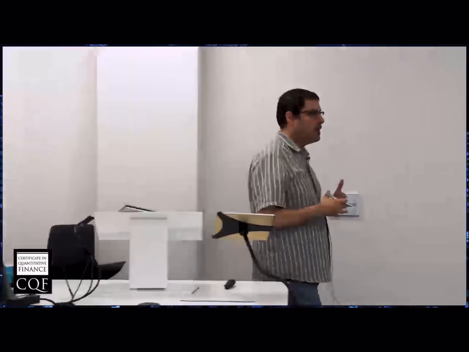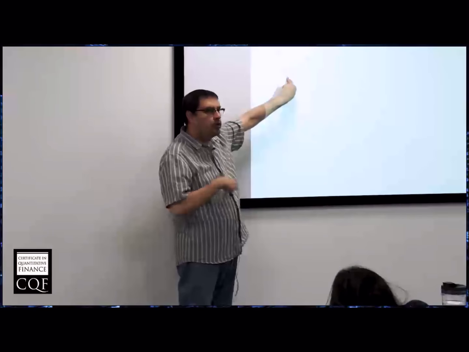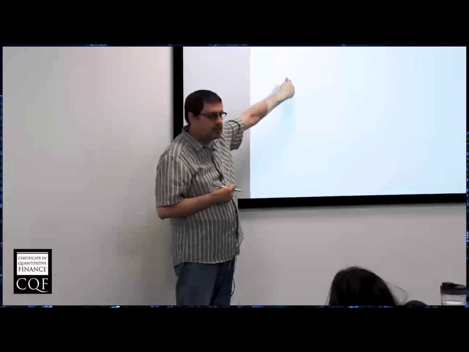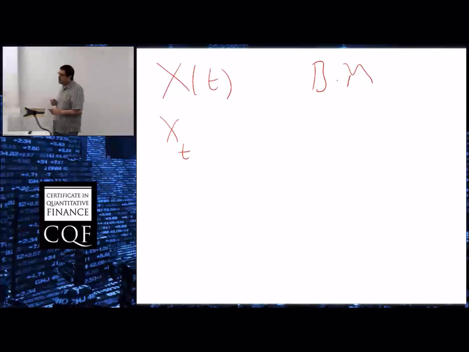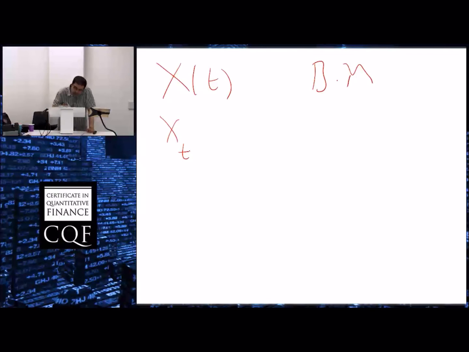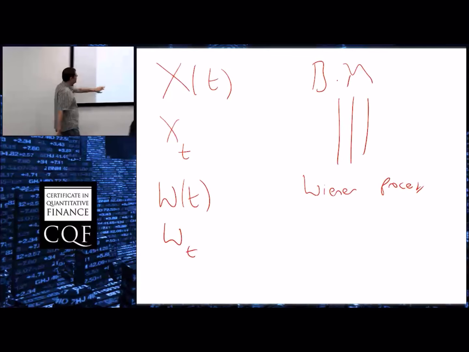So it's a family of random variables, and that's exactly what Brownian motion is. Brownian motion is a family of random variables indexed with t with those statistical properties, i.e. mean of 0, variance of time. The other way that you can write this down is WT, and that's because it's also called a Wiener process. So Brownian motion is the same thing as a Wiener process,